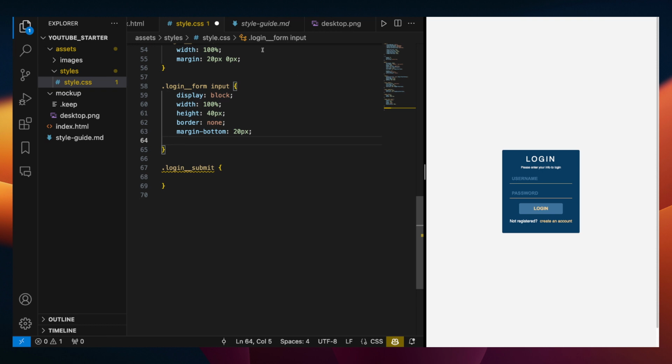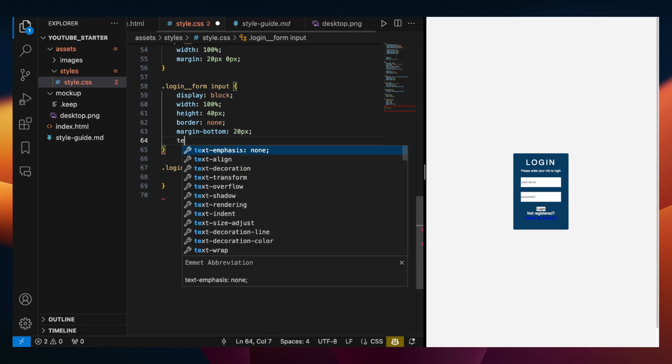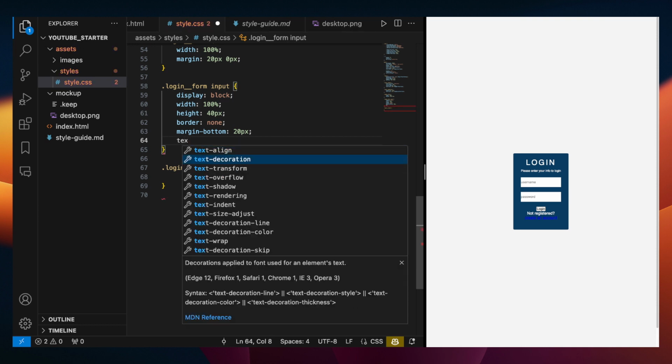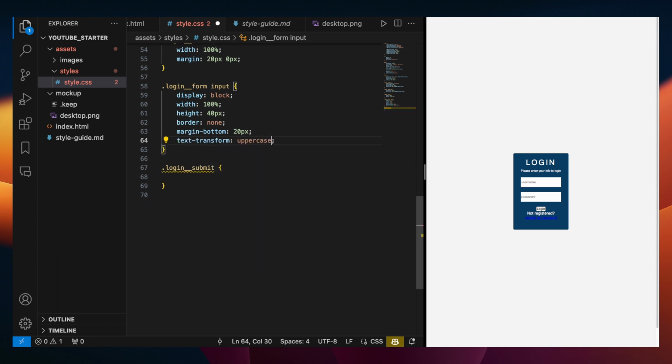Yeah, we're actually gonna need to set that, because we're gonna need the placeholder to be uppercase. So like we were saying earlier, we actually could set the placeholder as uppercase within our HTML, but let's actually do that with CSS. So to do that in CSS, let's just do like we did with our header. We're gonna go text-transform uppercase. Okay, set that as uppercase,